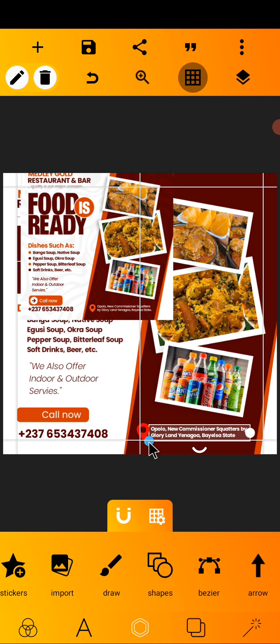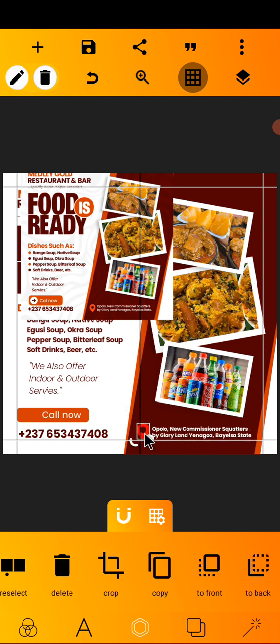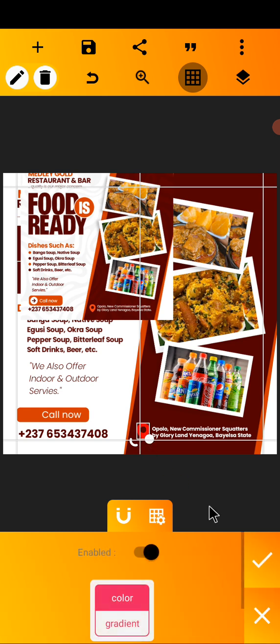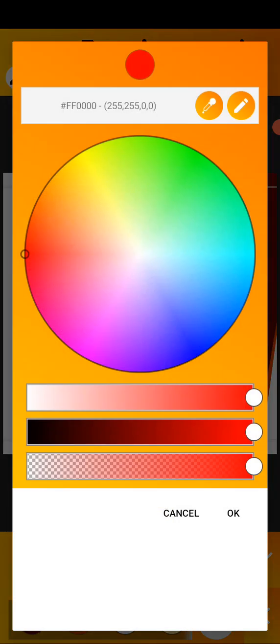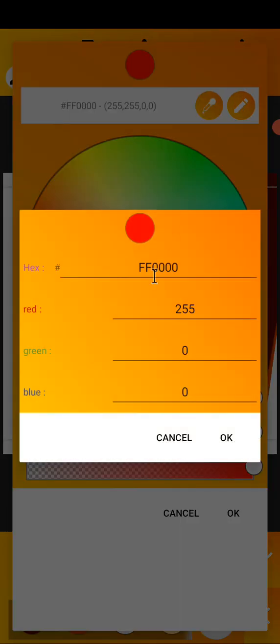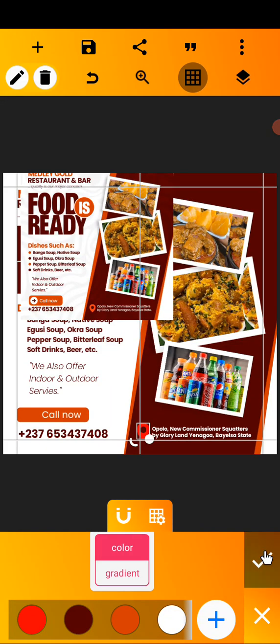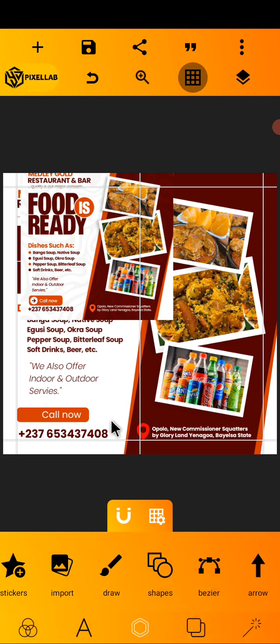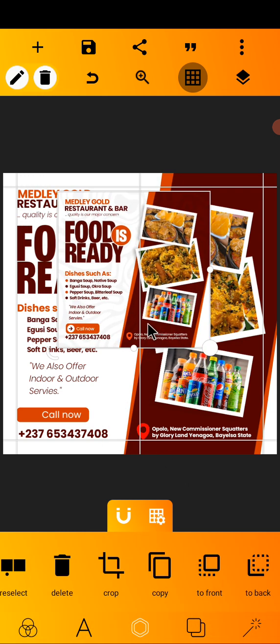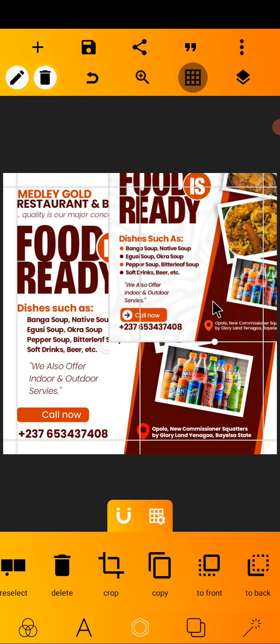Let me scale this up again a bit. So the color code for this color, let me give you the color code. Okay, the color code is FF40, FF40. So I'll just click on it like that. Then let me import this